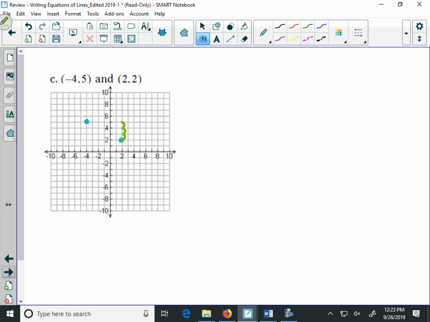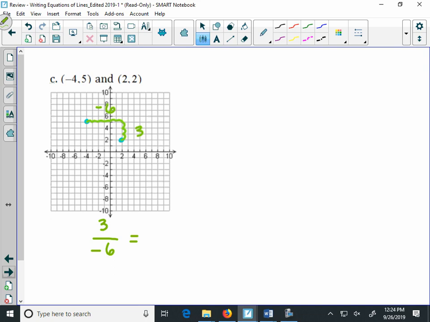What's my rise? What is it? I couldn't hear. What was it? Positive 3. We went up 3, so it's positive. What's my run? 6. So we went left 6, so it's what? Negative. Alright, so what would my slope look like for my rise over my run? It would be 3 over what? Negative 6. Totally fine if you leave it like that, but get in a good habit of